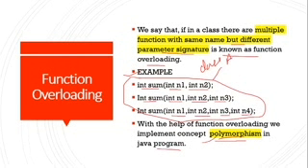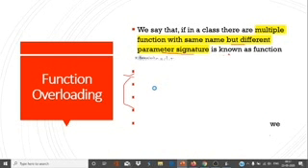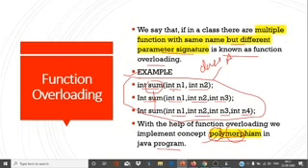I have already discussed polymorphism. Polymorphism means many forms, meaning an object will have different forms in different places. Like the same function sum is used to find the sum of two numbers, sum of three numbers, sum of four numbers, and this is the implementation of polymorphism. Now let's understand through an example.